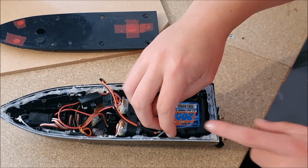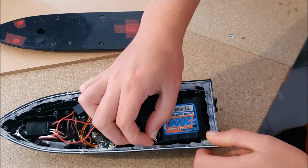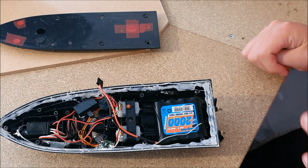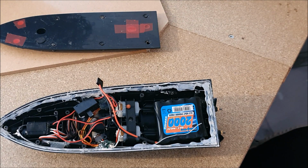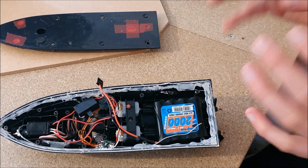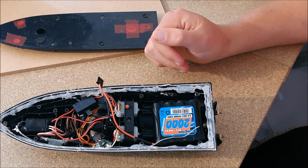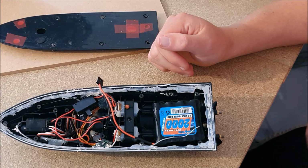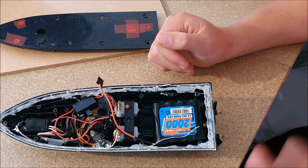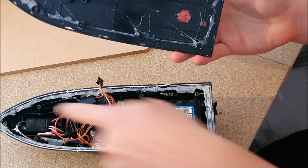But there we go. We've got our aerial down here, of course. That's just out the way. There you go, so it looks basic. I have said to Mike, we probably will buy a second one, and we'll do a complete build video on it, because a lot of people have asked me about it and what customizations I did, and I didn't do any. Mike did. All I did was cut this out here and put some